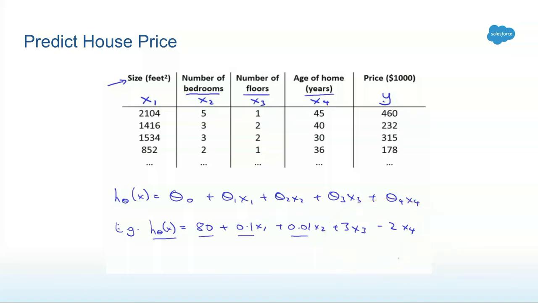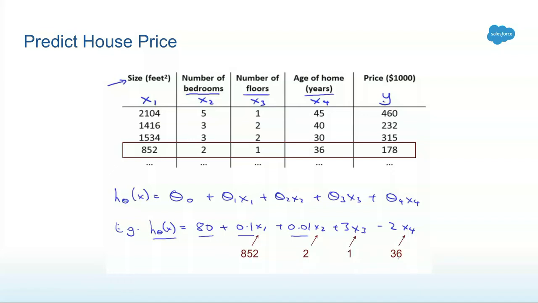So what is the local explanation? If I have to explain to you why the price of that single house is $178,000, now we are talking about local explanation. And here we can fill in the actual values that we have, and it turns out in this example, the square footage of the house is the most important factor driving that price and not the number of floors of the house. So this is a trade-off you need to think about.